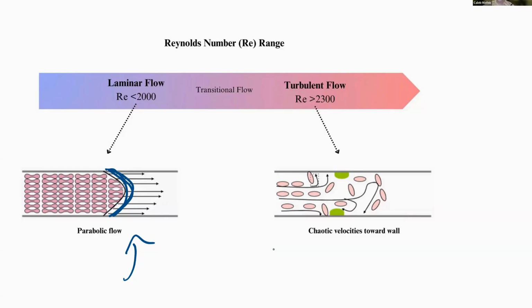That parabolic flow is leading to a smooth flow of blood through the vessel. That's going to be when you have a Reynolds number less than 2000. Then you have a transitional portion where it's not quite fully laminar flow, not quite fully turbulent flow. Once it reaches above 2300, that's where we see what we call turbulent flow, which is going to be chaotic,